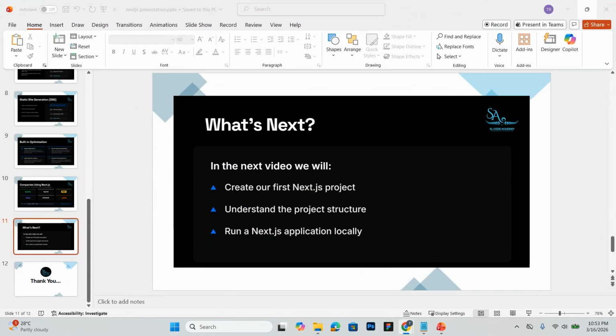Okay, so now you should have a clear understanding of a few important things. First, we learned what Next.js actually is. Then we looked at how Next.js is different from React. And finally, we explored why so many developers today prefer using Next.js for building modern web applications. So basically, Next.js gives us a powerful framework on top of React that helps us build faster, more optimized, and production-ready